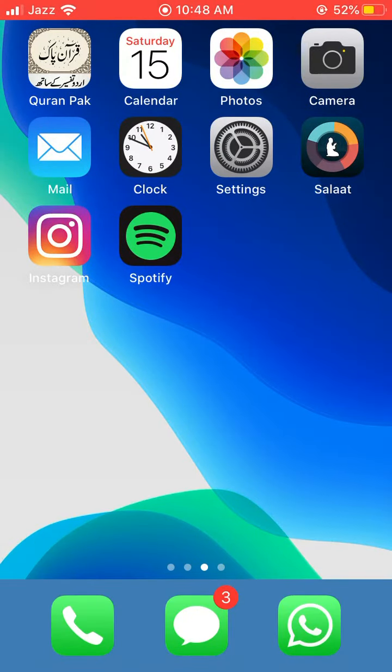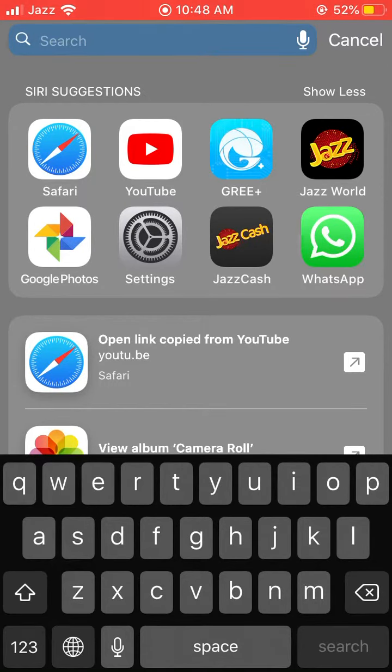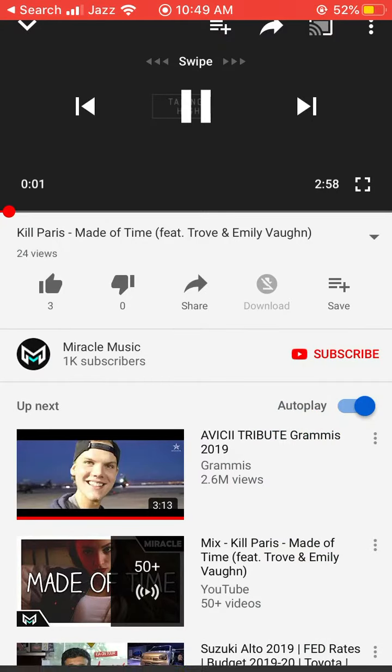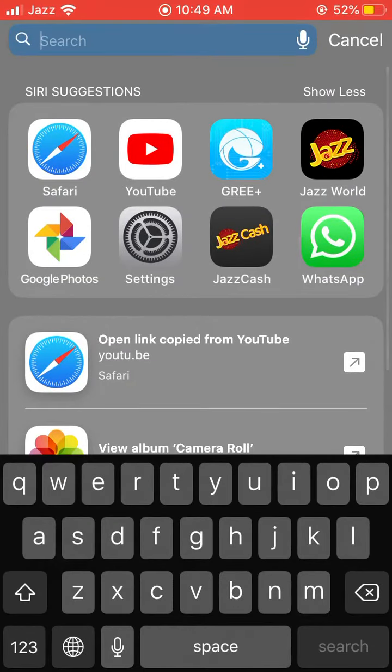Hello, here's how you can download YouTube video directly on your iPhone using iOS 13. Open YouTube, play the video that you want to download, click on share, copy the link, go to your Safari